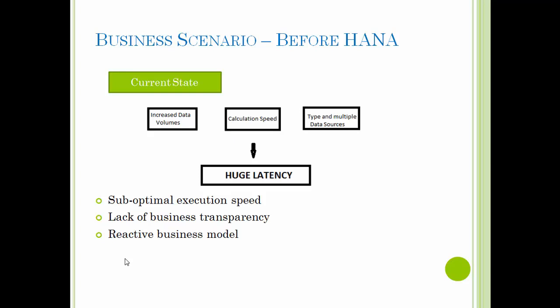Okay, now let us study about the business scenario, how business scenarios worked without SAP HANA. Basically, before SAP HANA was introduced into market, how business scenarios operated. So I would take it as a current state. The next state, that is the future state, would be using SAP HANA. See, in the current state, we all know that business has increased data volumes and it demands calculation speed and it has multiple data sources. And clubbing all this together,